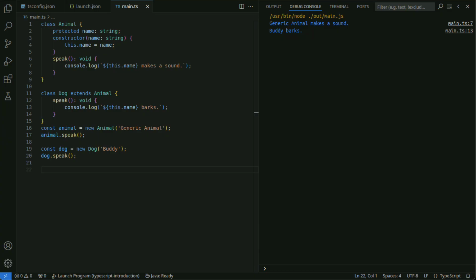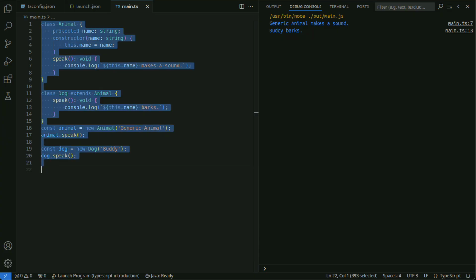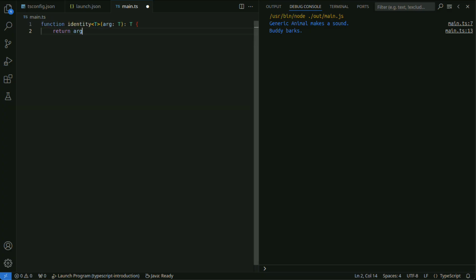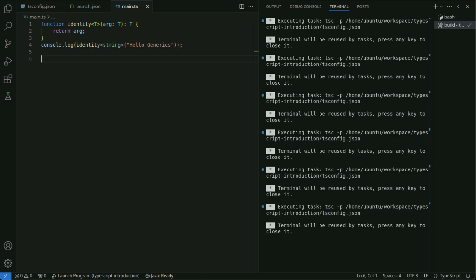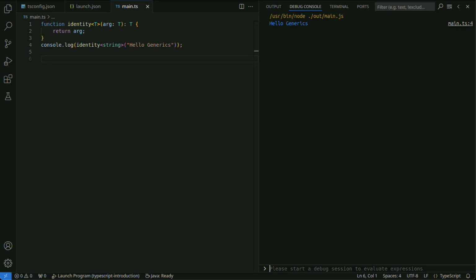In TypeScript, you can write reusable and type-safe code using generics. TypeScript is fully compatible with the JavaScript ecosystem and can use existing JavaScript code as is.